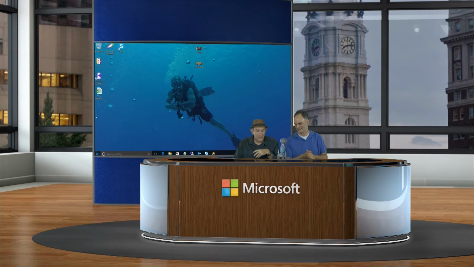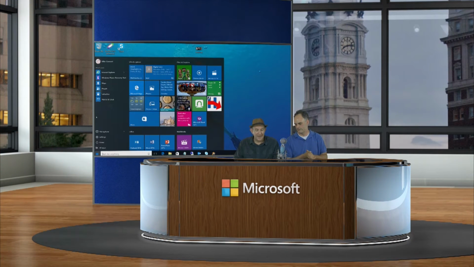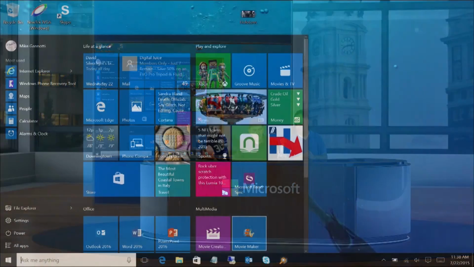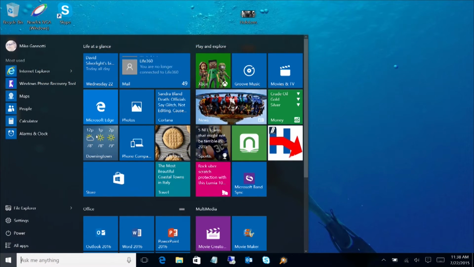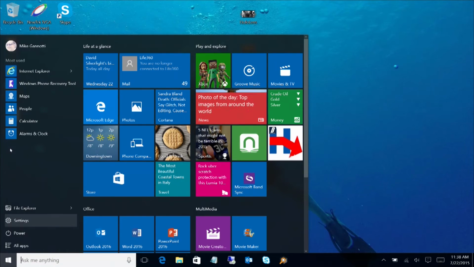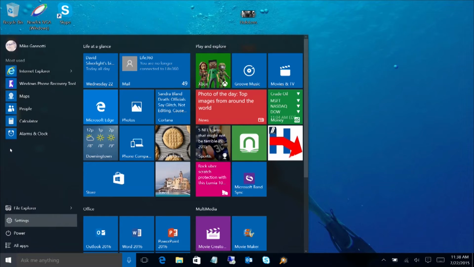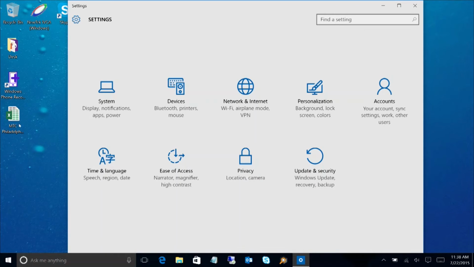So that's one piece. So we've done some basic editing. I can drag and drop. But what are some other things we can do with the Start menu? Well, looky here. When I clicked on the Start, we get this thing for settings, which is going to bring us into our system settings. And when we're here,